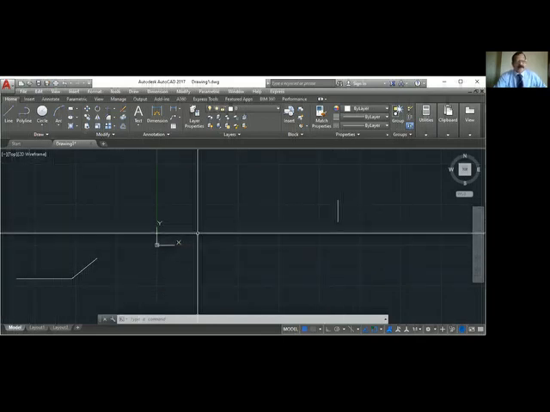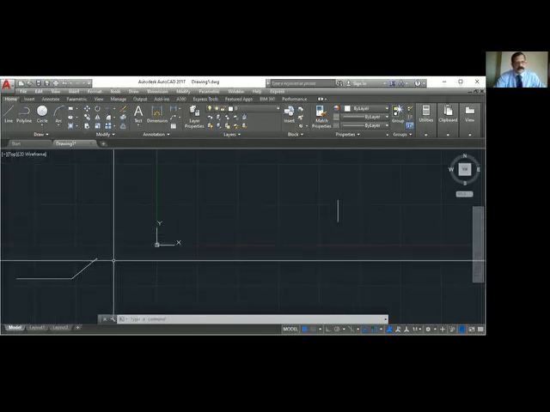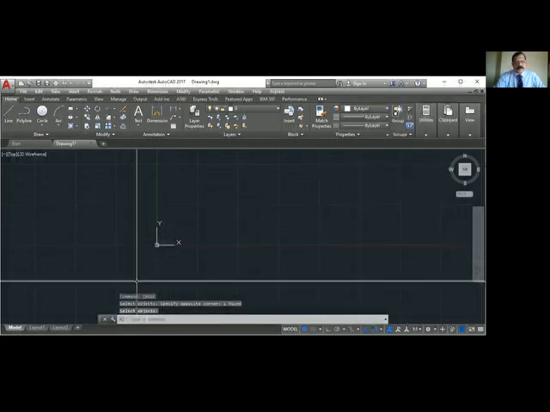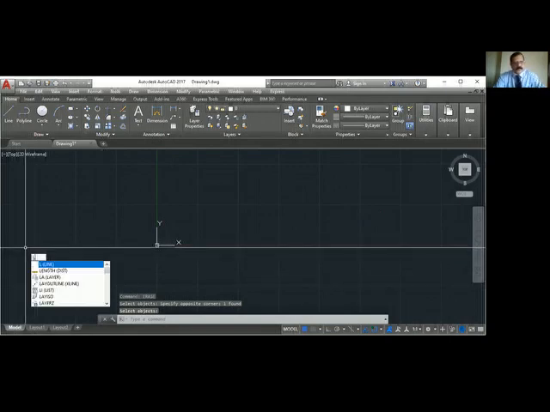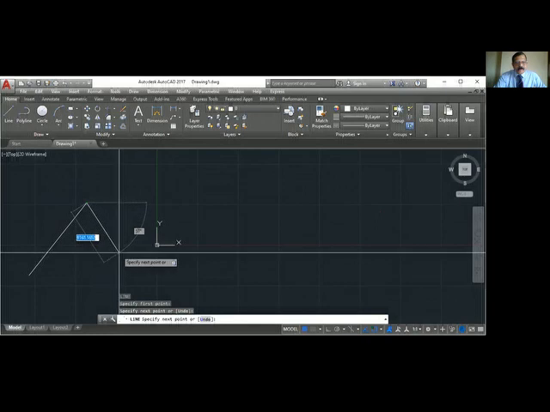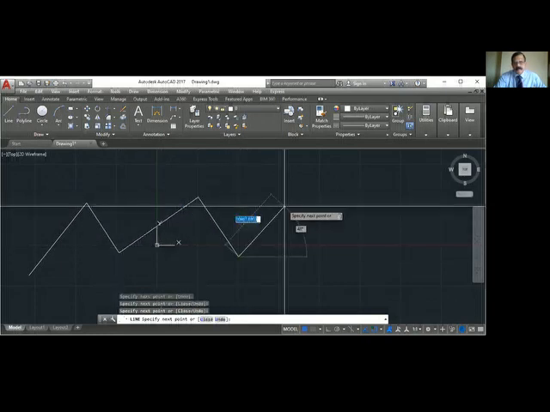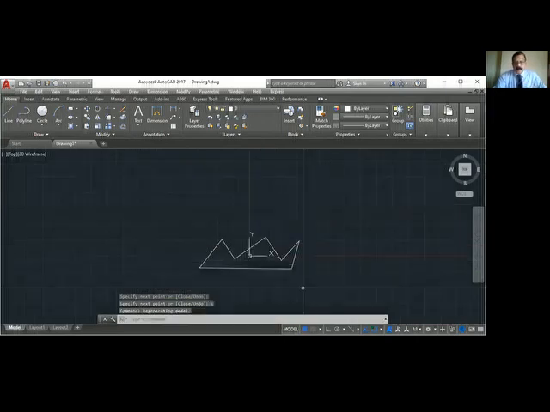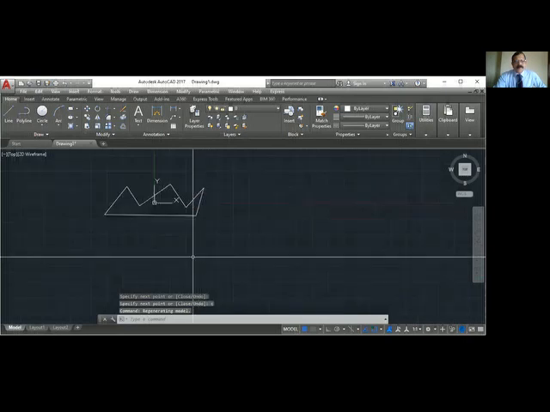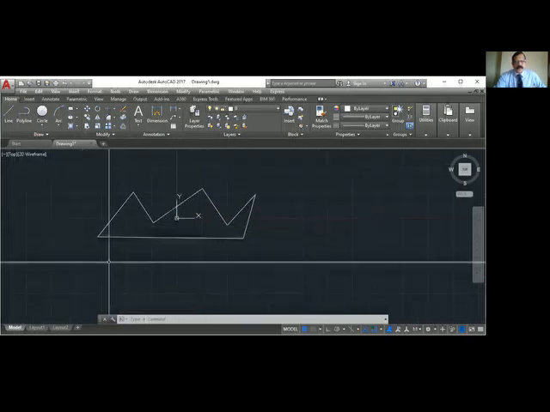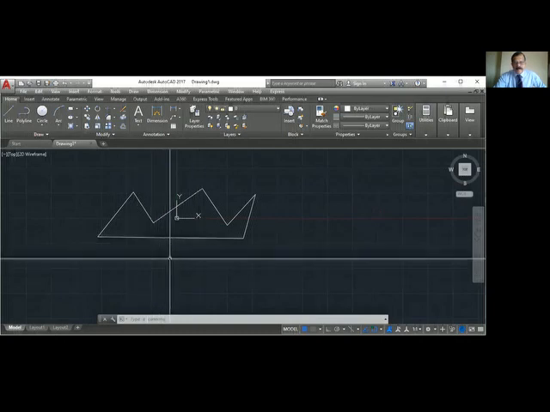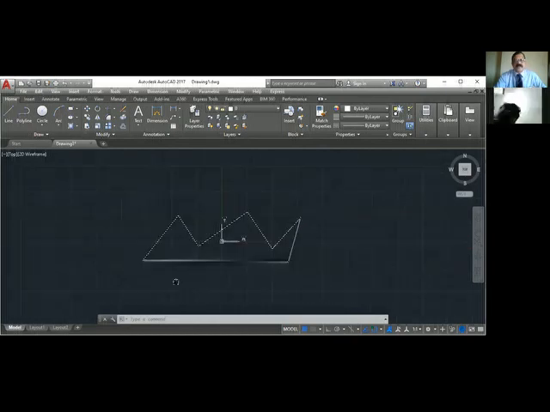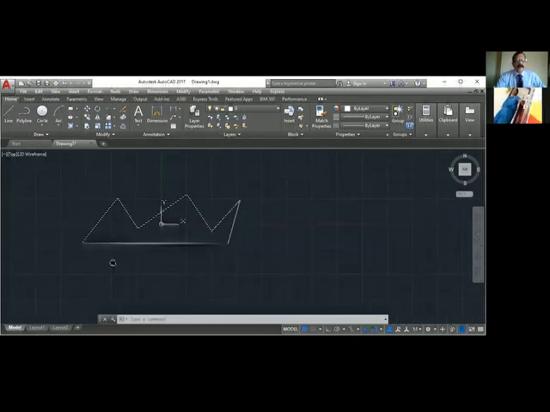We have drawn with the line command. When I say line command, any command you type, you have to press enter, then only the command will start. I just say C to close. Now there are different methods by which you can select objects. Suppose I can use the middle button pressing, the hand pan button. Pan is just to move.